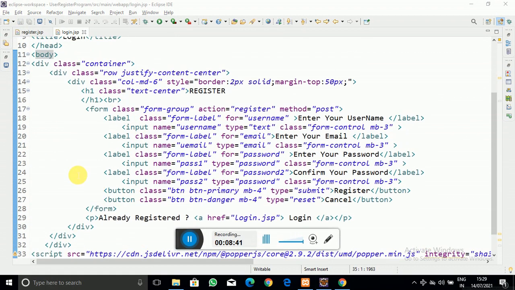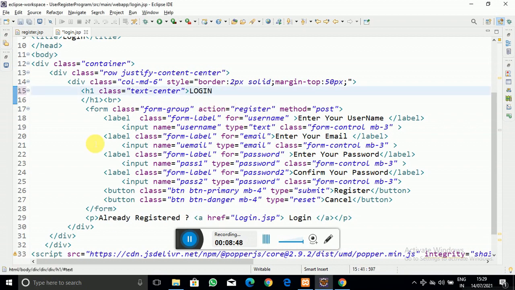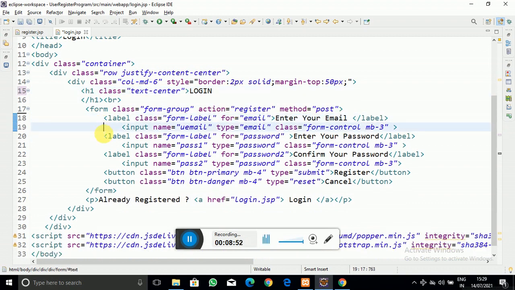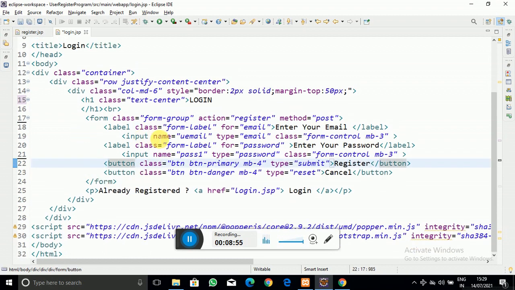In the login form, as you can see, we don't require the username; we just require email ID and the password. The rest of the things we will not require. We require just the email and the password, where the email input name is email and the password input name is pass1.